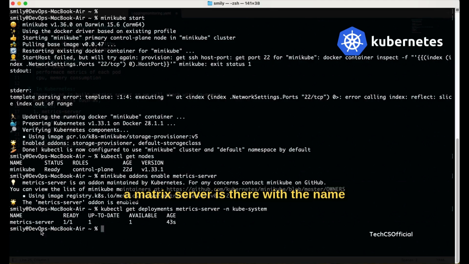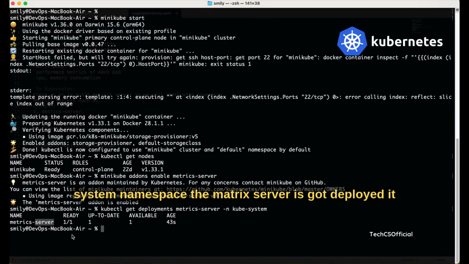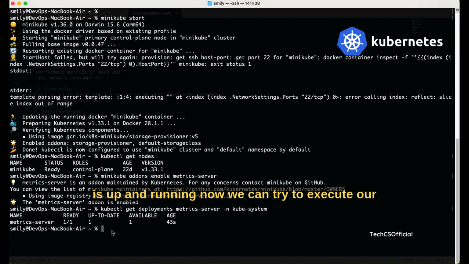See, a metric server is there with the name metrics-server in the kube-system namespace. Under the kube-system namespace, the metric server got deployed. It is up and running. Now we can try to execute our